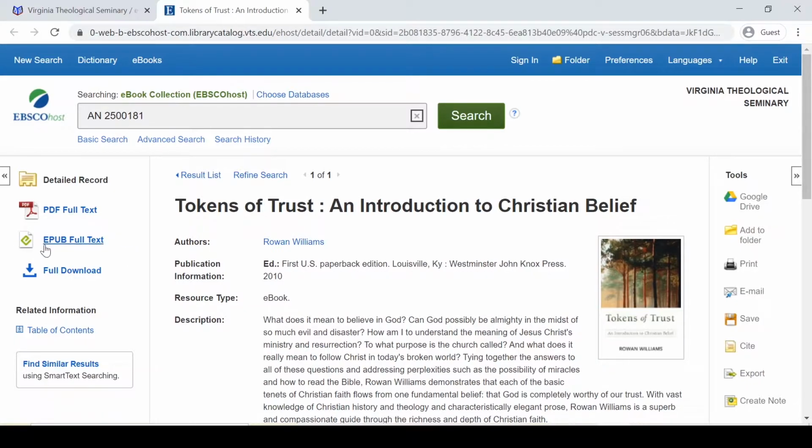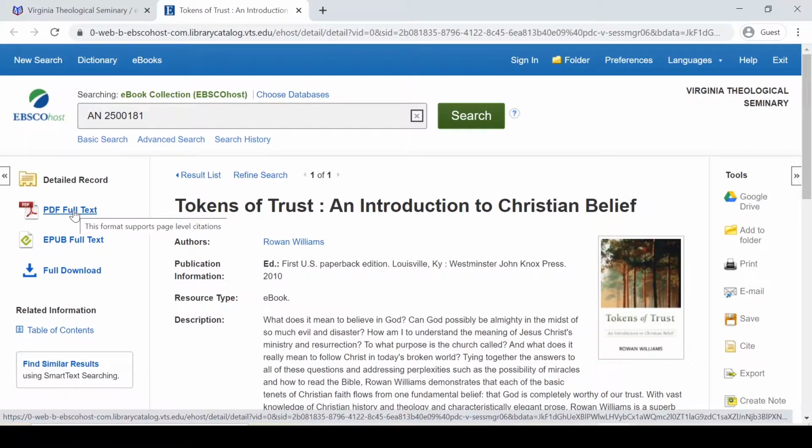Many books will have this option for EPUB full text. This is a lot more complicated and requires you to set up an account with this particular vendor. It's designed to let you download a book in EPUB format, which is for things like Kindles or e-readers. So if you really, really want to read the book on your Kindle, you can use that, but I would recommend against it just because it's harder to set up. So always look for the PDF full text or the full download right here. These buttons are the ones you're going to want to use. So we'll click on PDF full text,